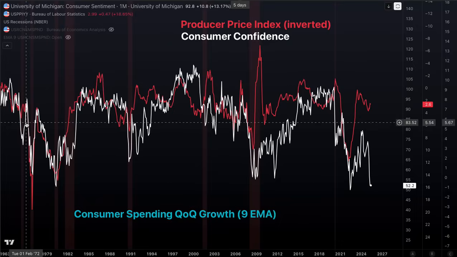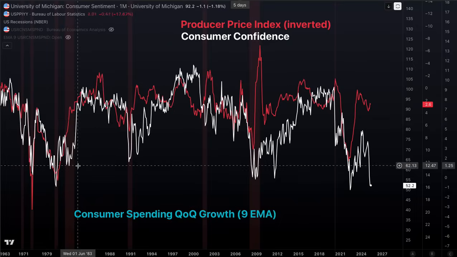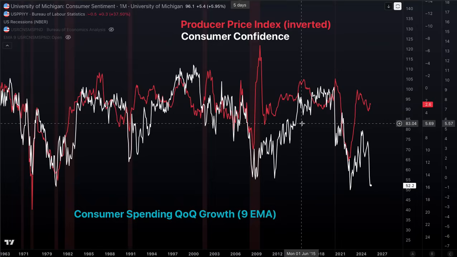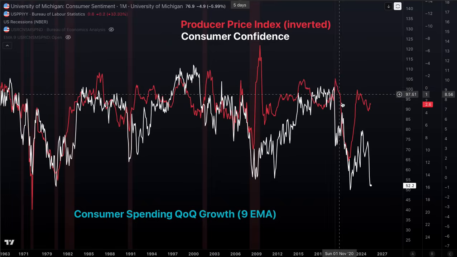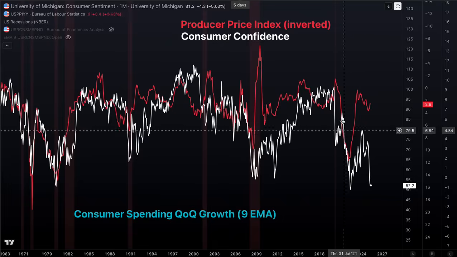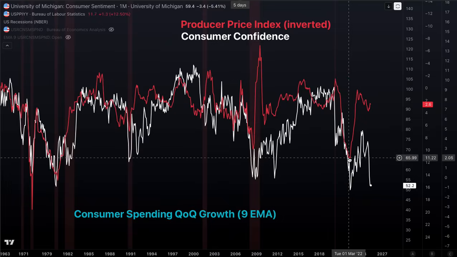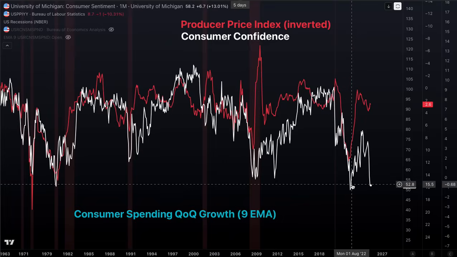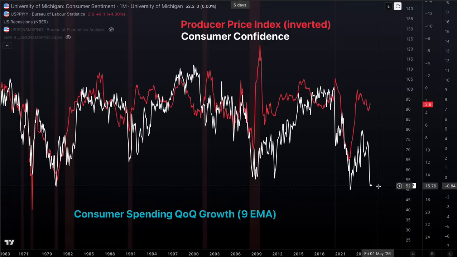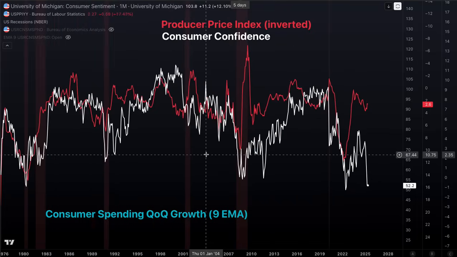There was a very tight correlation here in the 70s. It has gotten slightly less high, slightly more noisy. But in general, the direction here is what matters. So as producer price index, as the prices are rising at a fast rate, as we saw during the last administration from, say, 2021 to 2023, right? Producer price index went as high as like 10, 11%. Well, during that period of time, consumer confidence plummeted. And we talked about how the current readings of consumer confidence are at levels basically not seen in modern history.